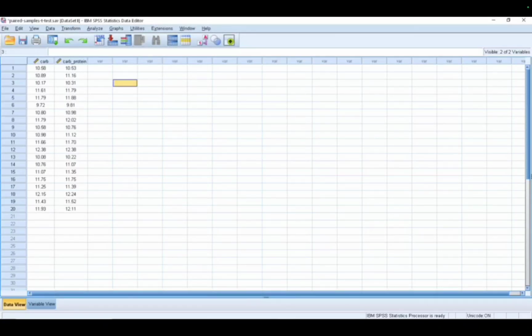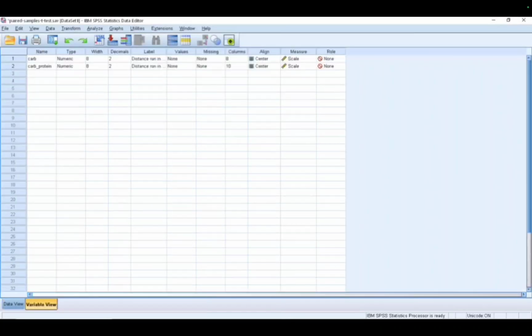As you can see here, the carbs and the carbs protein is already given, came from the respondents, and we're going to make it into SPSS.